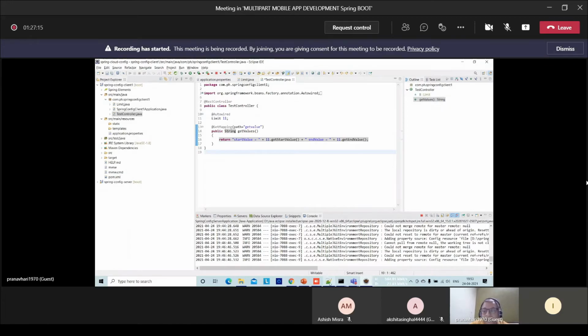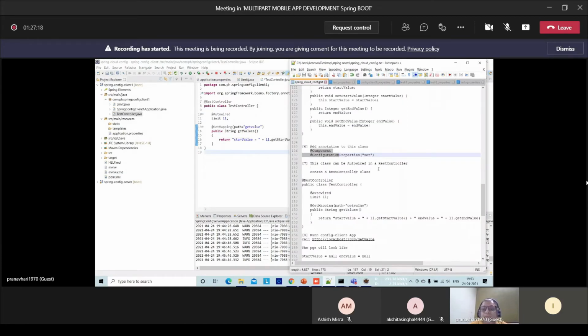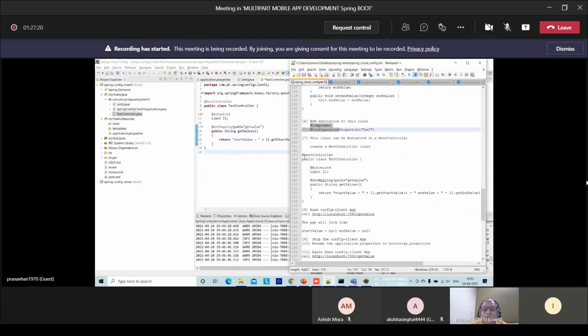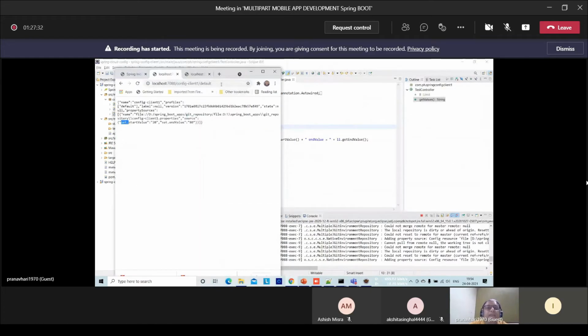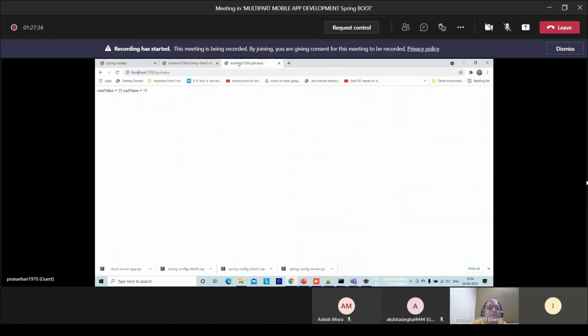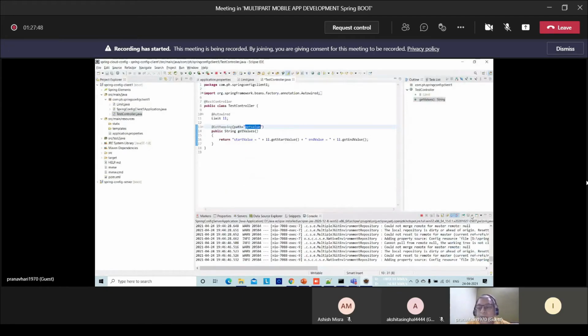Let's see, is there any step left? Now autowiring is done. Okay, now run the app. What was the port? 780, and what is the URL here? Get value. Let's see whether we have it or not. We have it. Let's run. I think we have not started the application. One server is running, only one app.